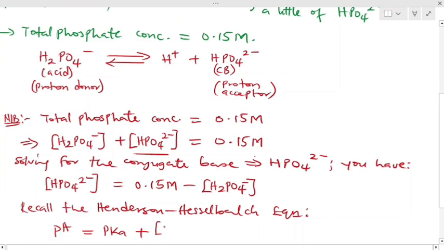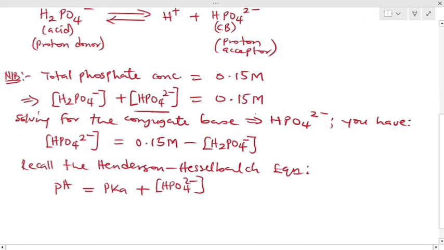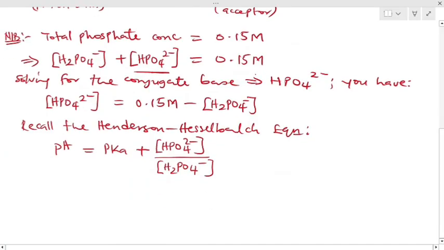Okay, let me just write that first. The conjugate base, which is HPO4 2 minus, divided by the acid, which is your H2PO4 minus. Great. So if we substitute this into what we already have as solution, what we have is the